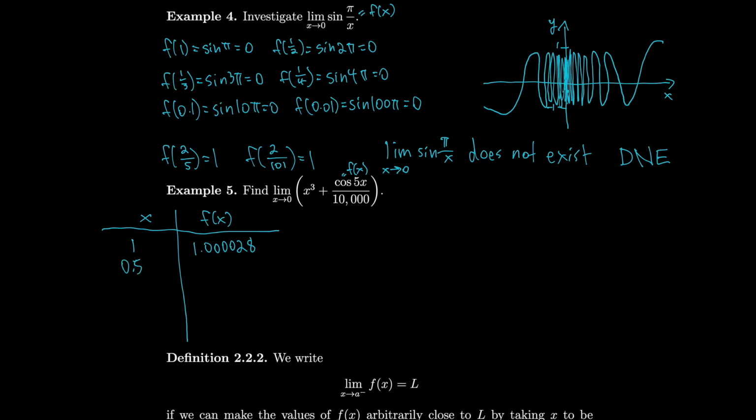Plug in 0.5 and get 0.124920. 0.1 gives us 0.001088. Plugging in 0.05 gives 0.000222. And then plugging in 0.01 gives 0.000101. So it looks like we're getting closer and closer to 0. So we could say that the limit as x approaches 0 of x cubed plus cosine 5x over 10,000 is